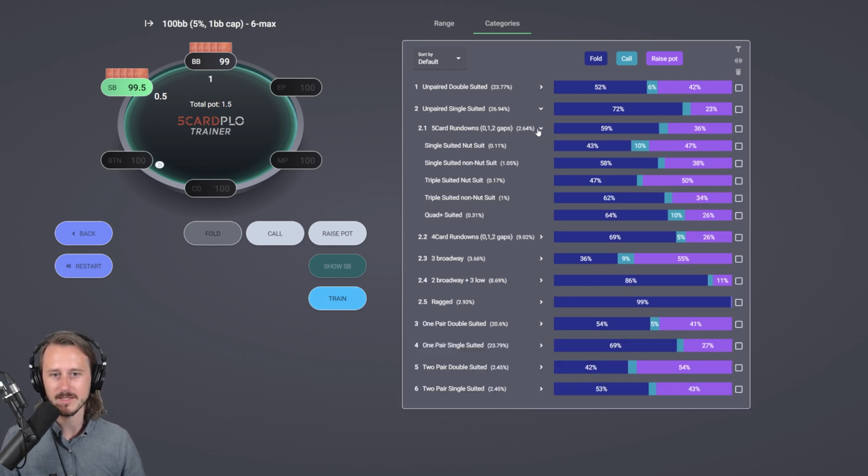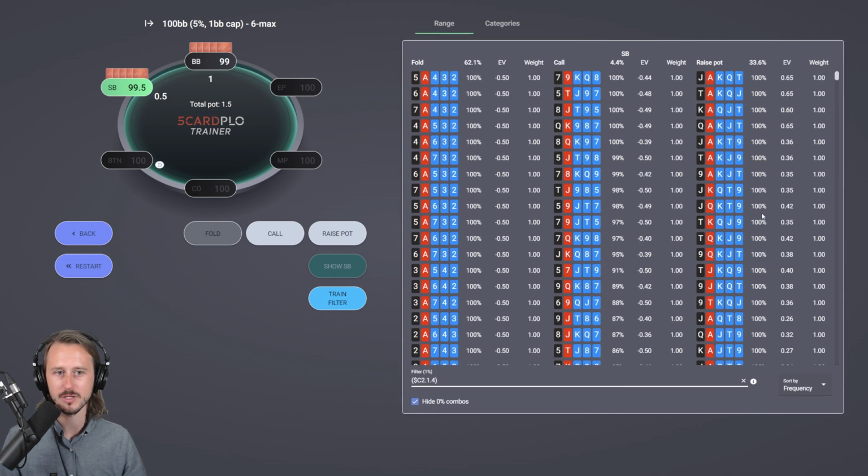If we look into the category which our hand belongs to, we can see that single suited nut suit is not what we have. Single suited non-nut suit, also not. We have a triple suited non-nut suit hand, basically. So it's this category. We're going to click on the filter icon and then open up this specific group of